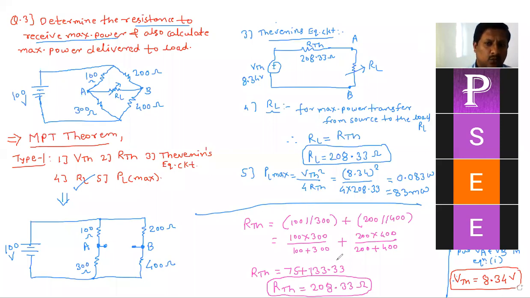Next part is easy. Once you get VTH and RTH, this simple calculation any student can do. Okay. Maximum power transfer theorem चा पार्ट जो आहे तो सोपा आहे. फक्त चॅलेंजिंग आहे Thevenin's part. Thevenin's part if you are doing correctly, then and then you can get the next part also correct. So concentrate on Thevenin's theorem. That's why I told Thevenin's theorem is the base for understanding Thevenin's itself, Norton's, and then maximum power. Superposition is totally different.